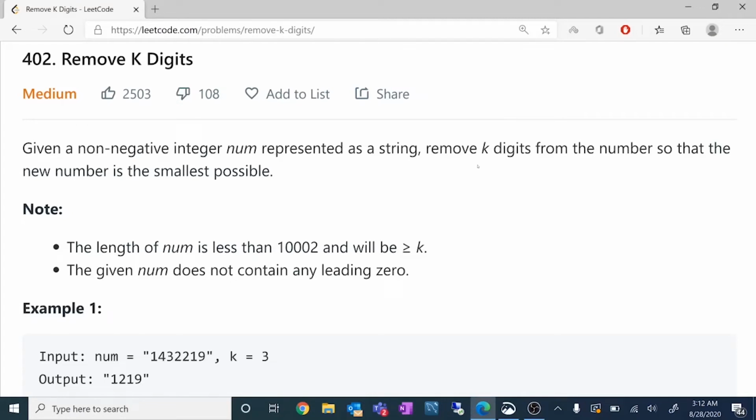Hello everyone. Today we're going to discuss another LeetCode medium problem. Problem number 402, Remove K Digits. This problem was asked in some of the companies like Goldman Sachs, and has been previously asked in, of